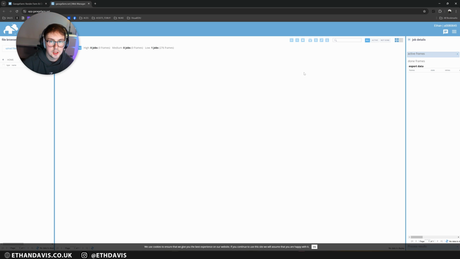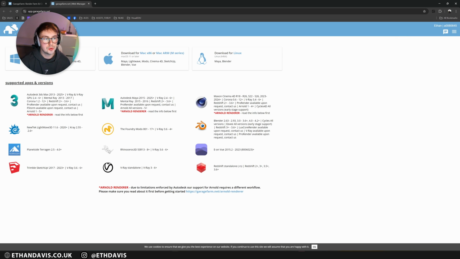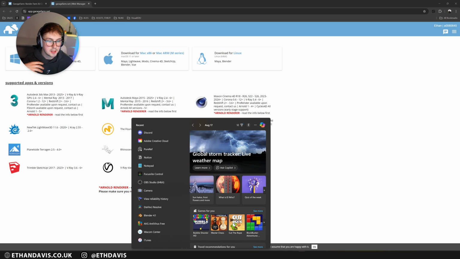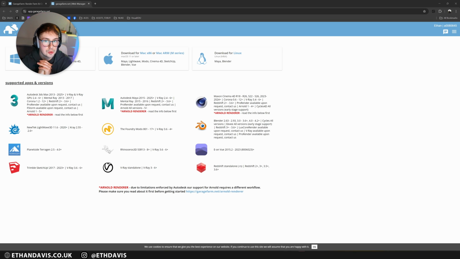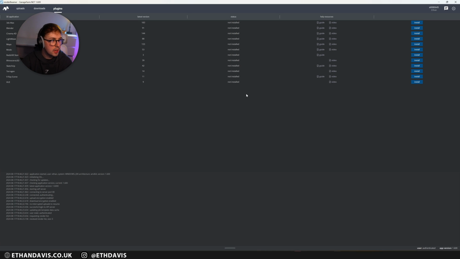So here we are in my account, and you see I've cleared my page of all my renders. To get started, you'll first need to go to downloads, and download the right software that you're going to be using. Then you install it, and that's going to give you a software called RenderBeamer. So now we're in RenderBeamer.